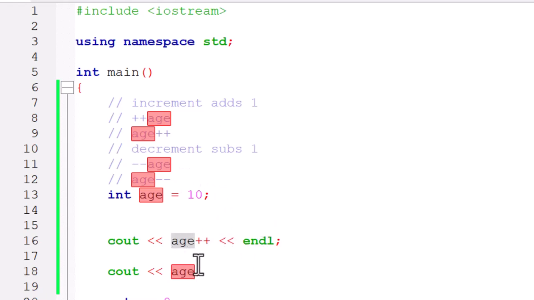So in the next cout over here too, you could see that the increment operator has already been executed in the first statement, although it didn't show in our output in the console, but it now has the value being added to it. So any other cout we do with the age will have that value. That's the increment operator. All right, so I think this is very simple to understand. The same thing applies to